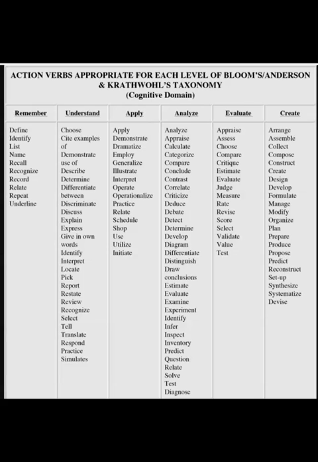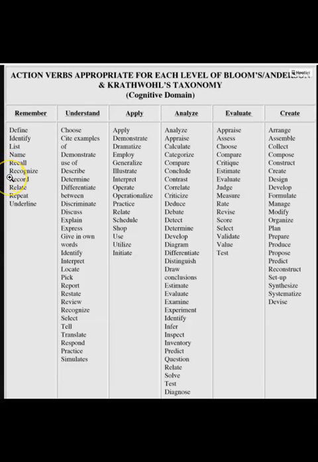So these are just some verb words that you can use when writing your objectives for your CAP 1 this week. Remember, you need to be able to measure or be able to see if the student has met that objective or not. So don't just say the student will know how to do something or the student will understand. Those words are not measurable. You can't measure understanding, but you can measure if they illustrated something to you,